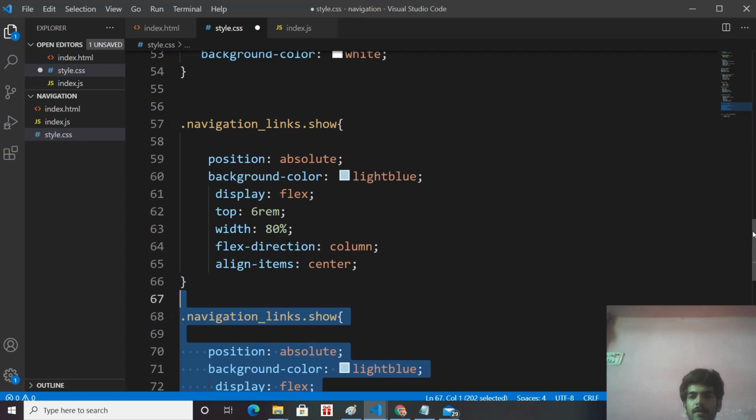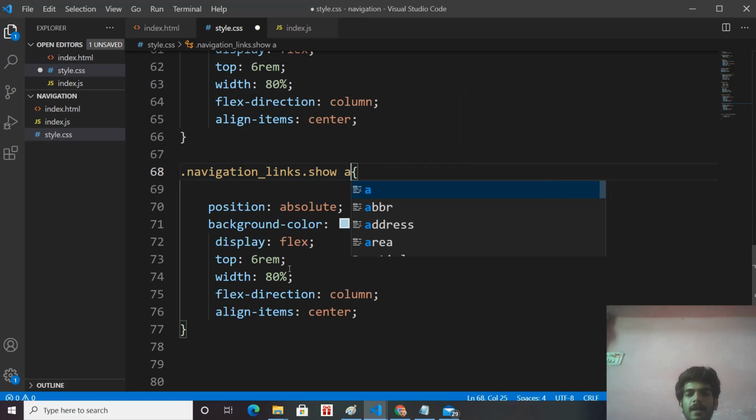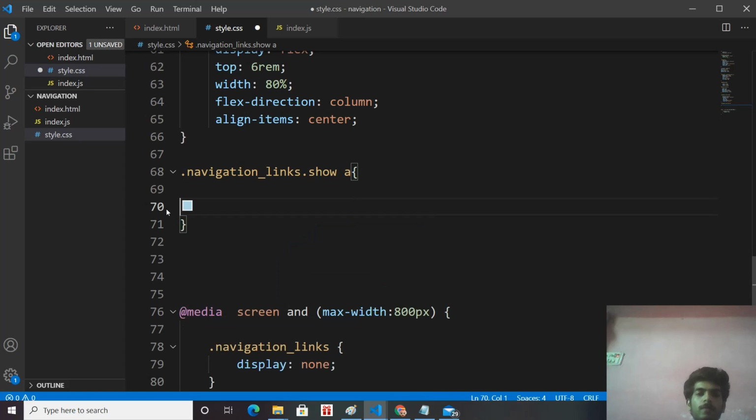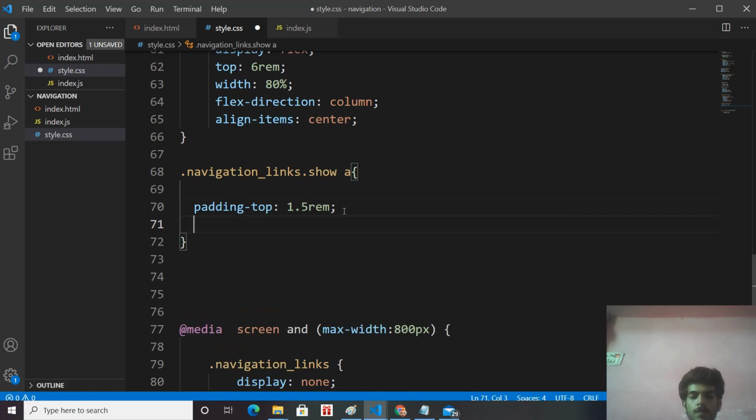Let's again select it. This time we are selecting the anchor text. When our navigation links has the show class, then we want its anchor text to have padding top 1.5 rem, padding bottom same as top, 1.5 rem.